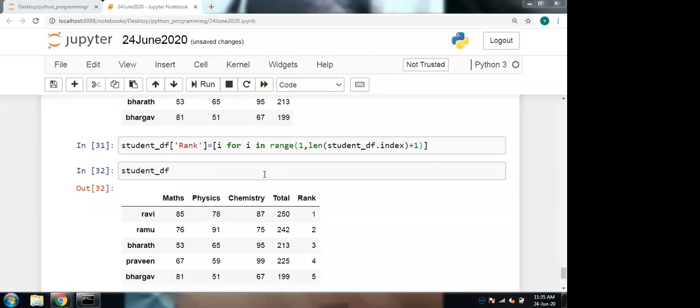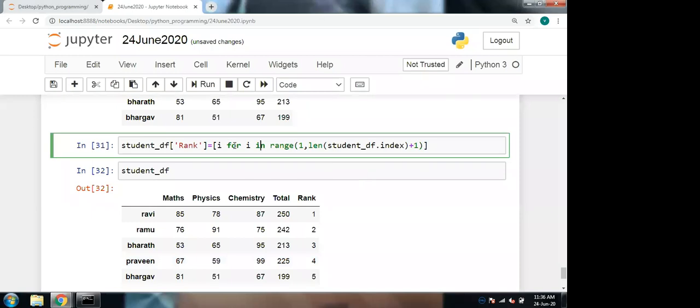Okay. So now Sonalata ma'am is asking about this list comprehension, ma'am. In list comprehension, we call the for loop variable on the left side of the for loop syntax to access that variable. Okay, ma'am.